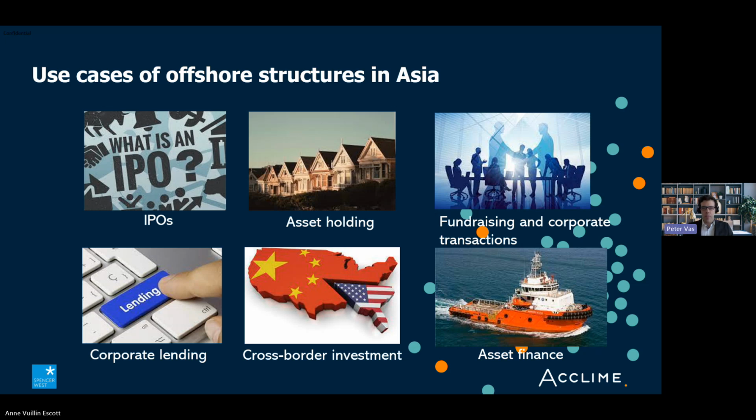As we all know, and as mentioned by Saji briefly, offshore companies are also commonly used to hold single assets because they are cheap to maintain and offer an additional layer of confidentiality. A lot of Hong Kong real estate and elsewhere in the world continues to be held by BVI companies, for example. And we have other types of high value assets, including shares in other companies, private yachts, and private jets that are commonly held through offshore companies simply because their owners may be high profile and want to safeguard their privacy.